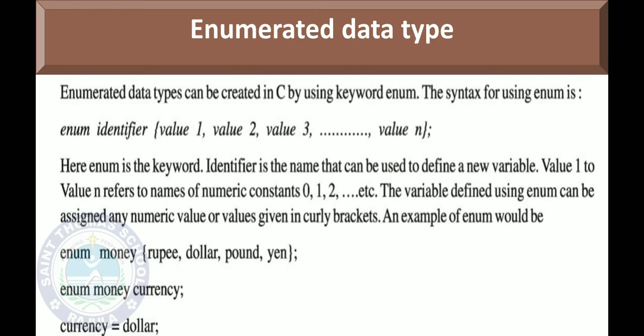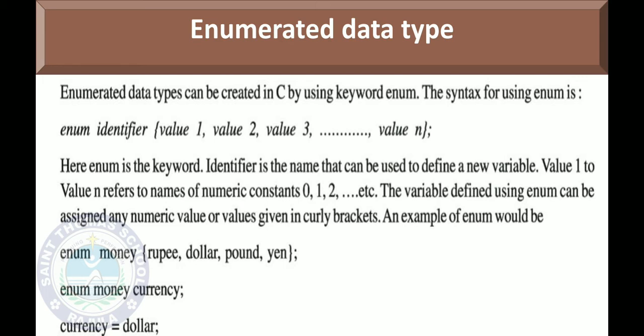The next statement declares the variable currency of type money. So here the variable is currency and its type is money. And then currency is equal to dollar. So now in our currency variable we are storing the value dollar.